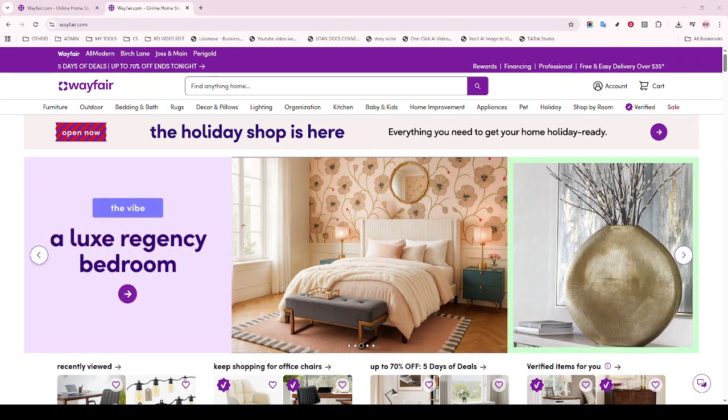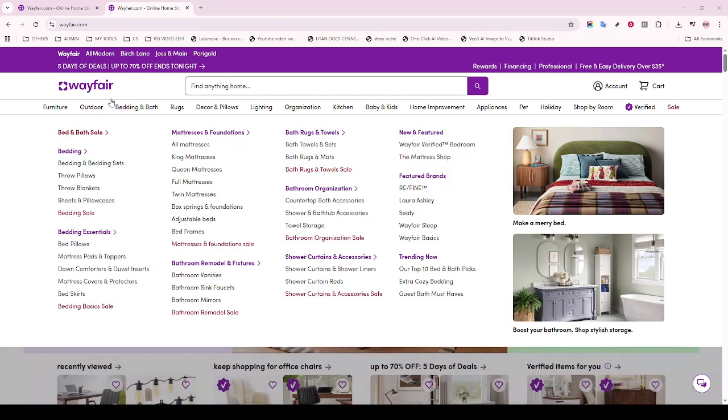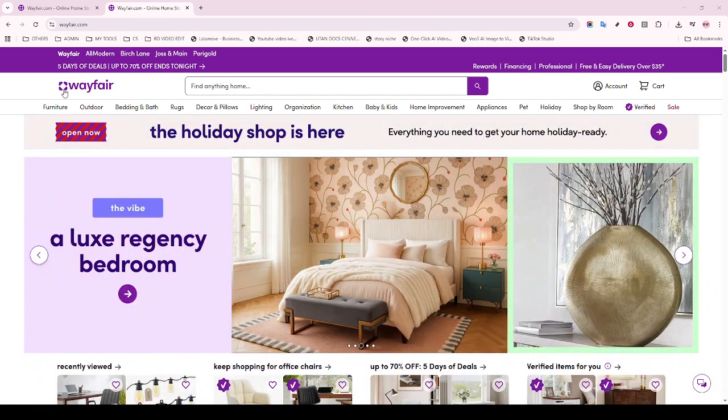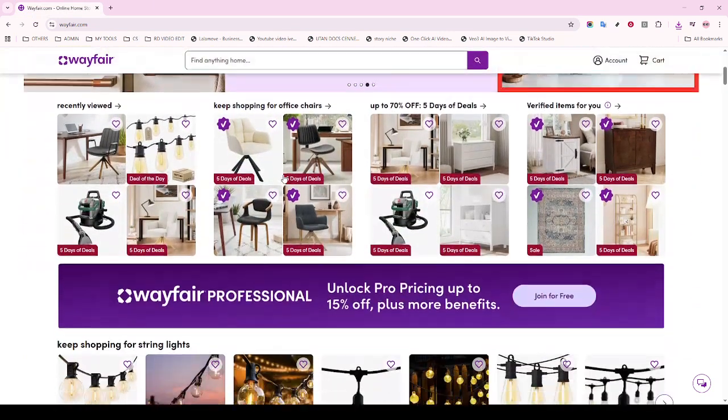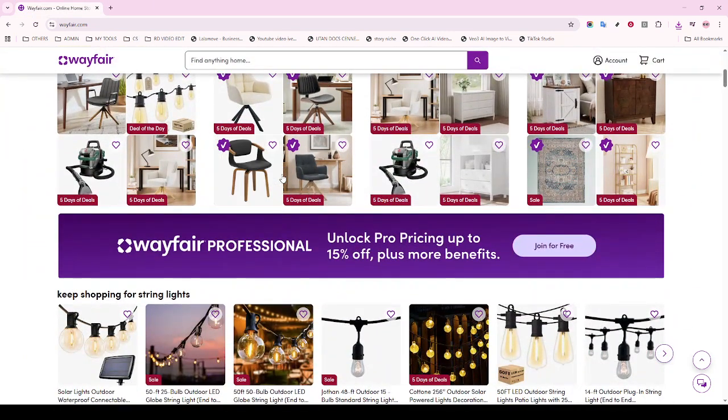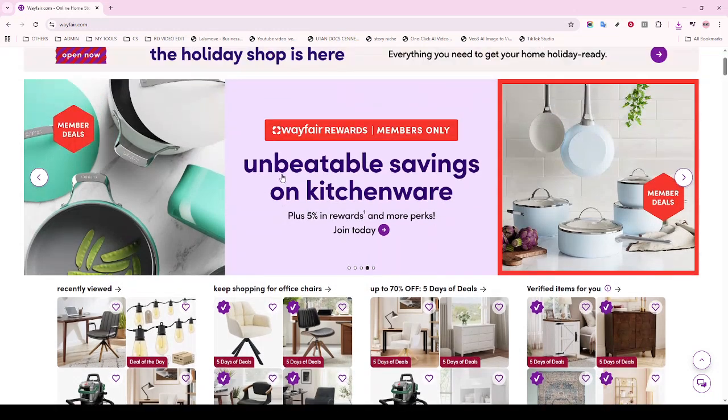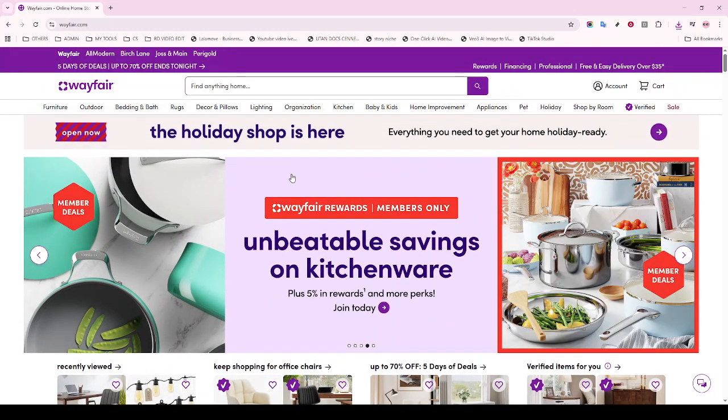First, let's explore how you can monitor sales volume, customer reviews, and inventory turnover. Your Wayfair dashboard is a treasure trove of information designed to help you keep track of various performance metrics. By regularly checking your sales volume, you can understand which products are selling well and which ones might need a little more attention. This insight is crucial, as it enables you to focus your resources on products that bring the